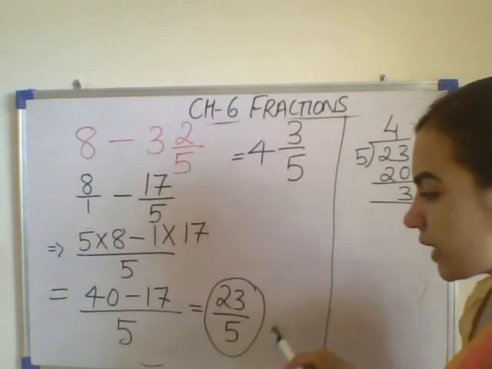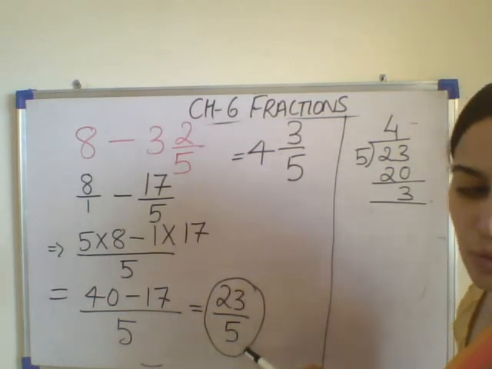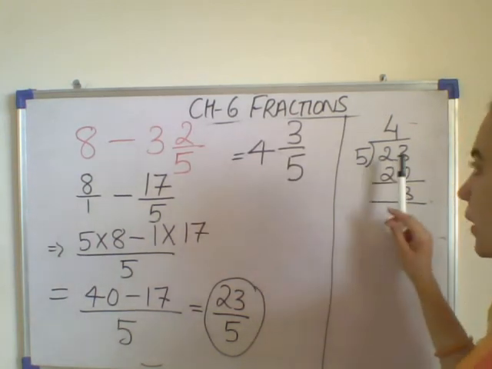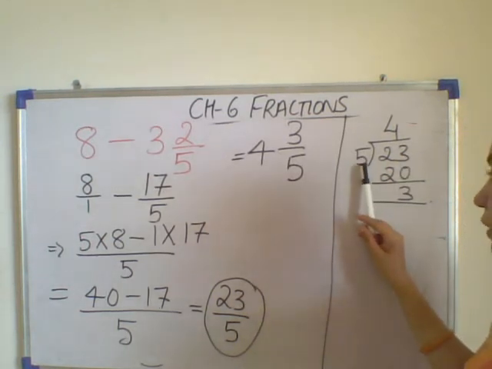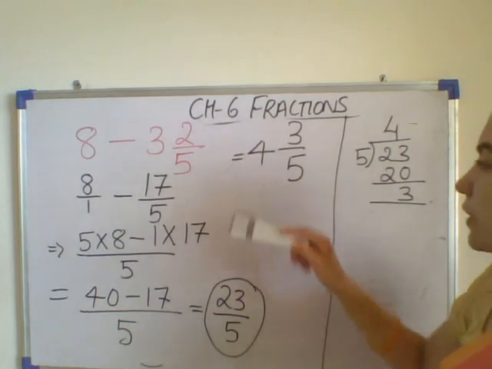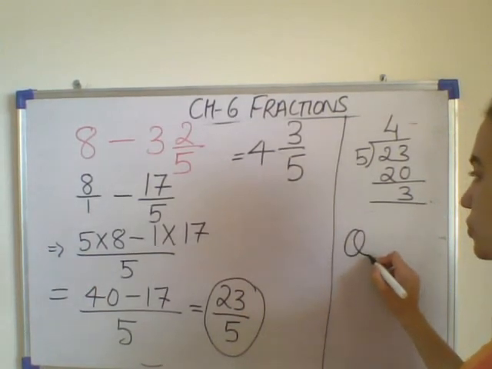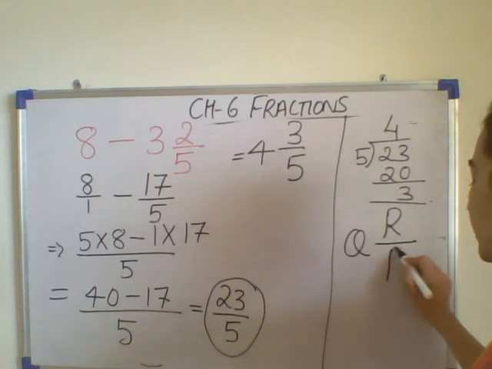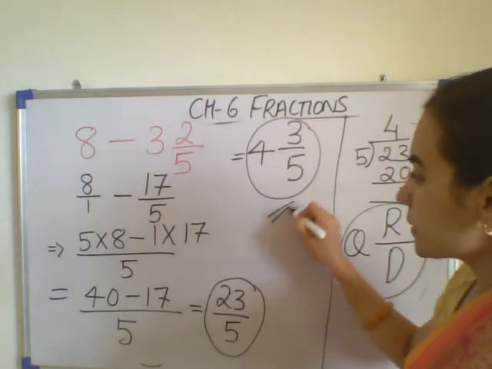This again is an improper fraction because the numerator is greater than the denominator. So I will be converting it into a mixed number. So divide 23 by 5. If you divide it, you will be getting the quotient 4. I have written the quotient here. How will you be writing? First of all, you will be writing the quotient. Then you have to write the remainder. Then this divisor. In this way you have to write. So you will be getting this as your final answer.